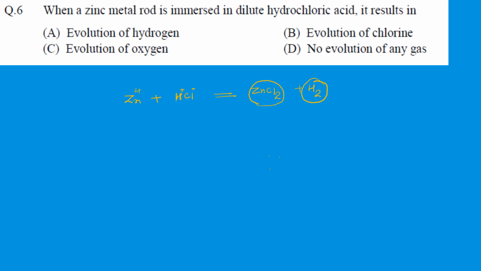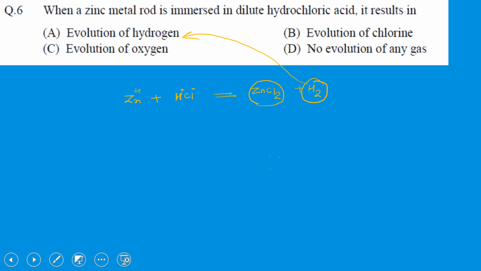So here it is given evolution of hydrogen, evolution of chlorine, evolution of oxygen, no evolution of any gas. So here evolution of hydrogen takes place. Okay everyone,